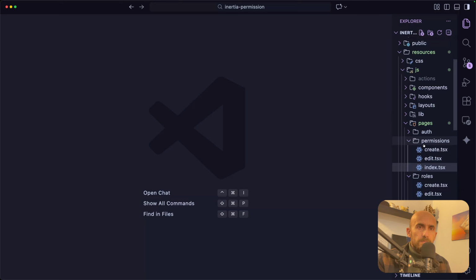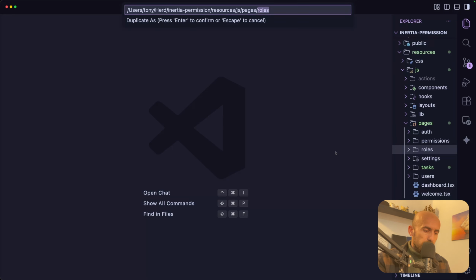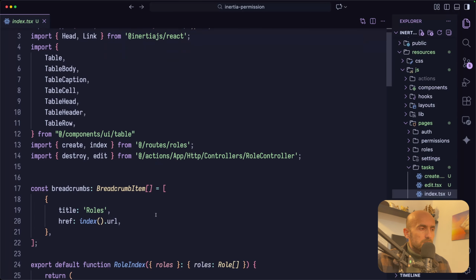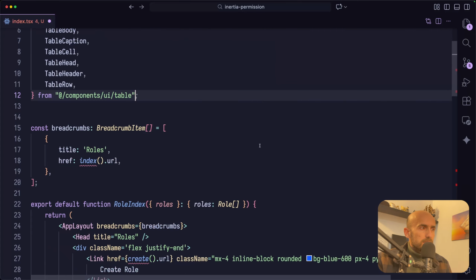And inside the permission or roles, I'm going to duplicate this. So duplicate, and this is going to be tasks. Okay, and we're going to work with this. So first let's change roles. Oh yeah, we need to remove this too. Change the title to be tasks. We need to import the index